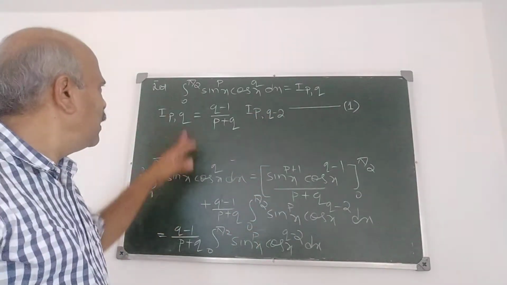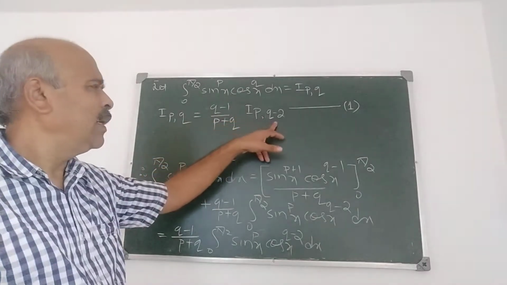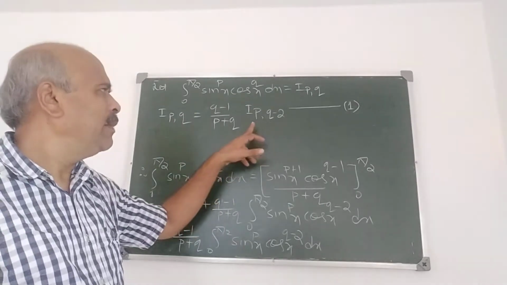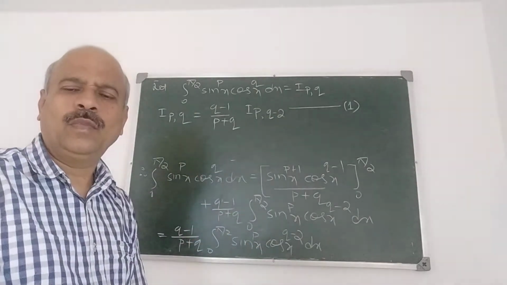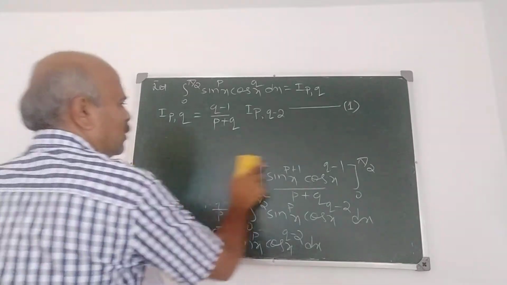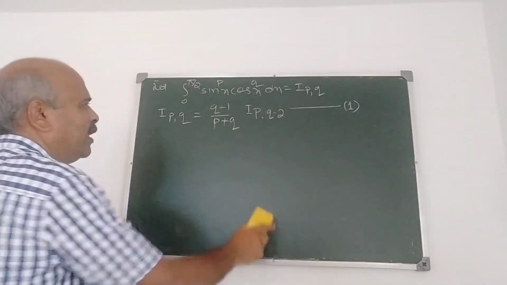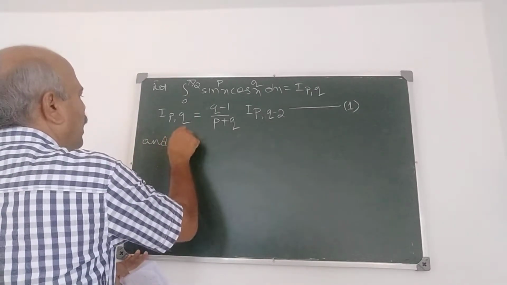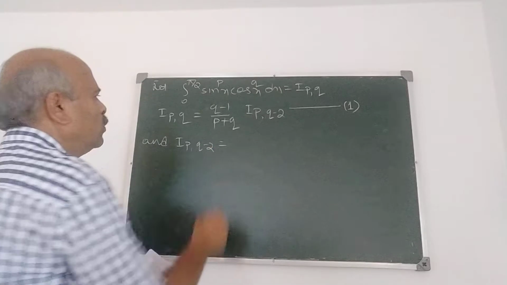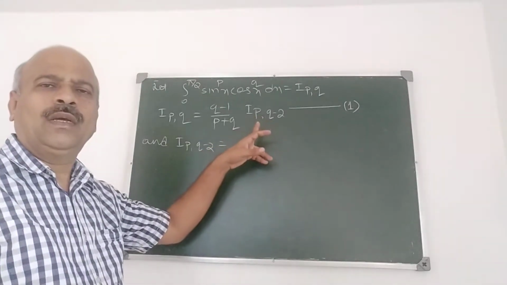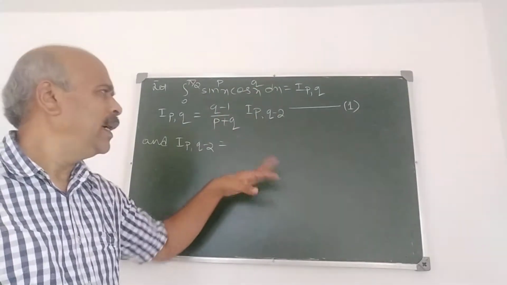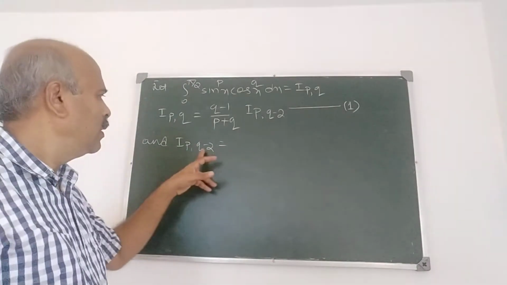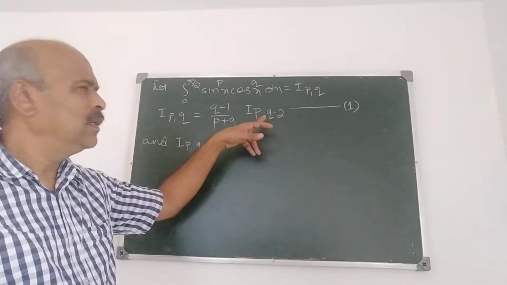Say we have connected I(p, q) with I(p, q minus 2). Now we obtain I(p, q minus 2), I(p, q minus 4) and so on. For that we successively substitute q minus 2, q minus 4 and so on, using this as a recurrence formula. Finally we get a formula in a compact form.